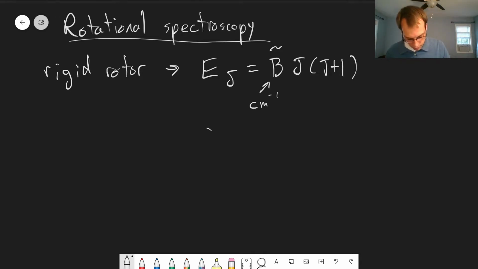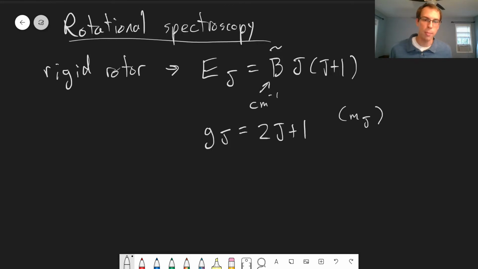And the other thing to remember is that there's this degeneracy of 2J plus 1 because we have 2J plus 1 m sub j quantum numbers, right? M sub j can go from negative J to positive J. And so